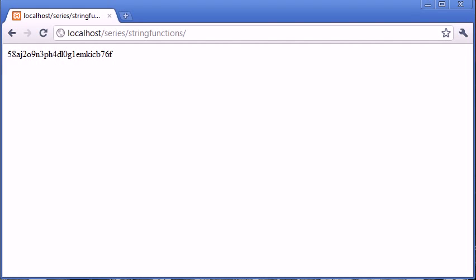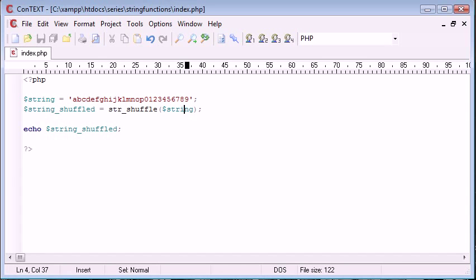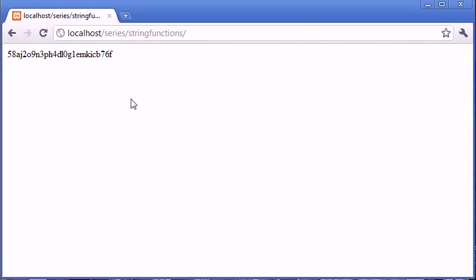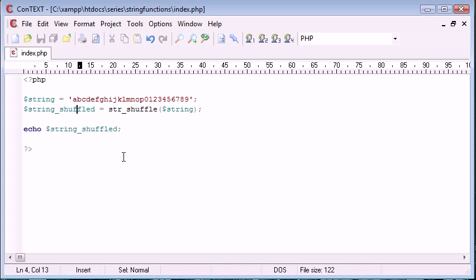Again, really good for a randomization of, you know, say a file name or, say you had a website that created a shortened URL. What you might want to do is say string shuffled equals this shuffle, and then you might want to actually split this string in half. So what we could do is we could use the substring function. So what we could say is, let's go down here. So we could say